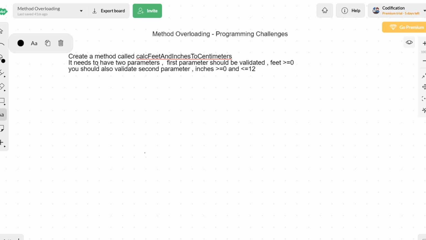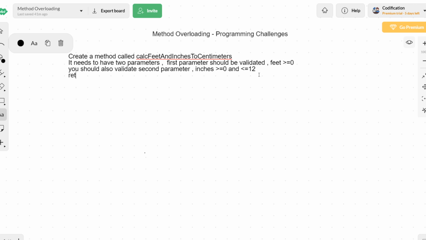So far, we have taken that we create a method called feet and inches to centimeter. It should have two parameters. The first parameter is feet, which should be validated, and feet should always be greater than or equal to 0. We should also validate the second parameter, which should be in the range of 0 and 12.